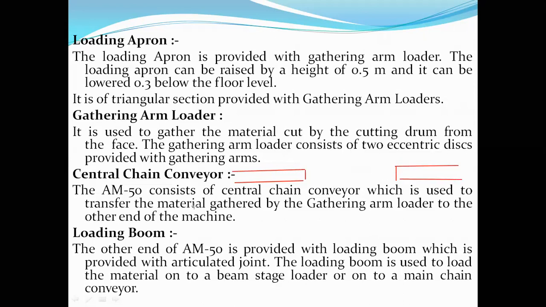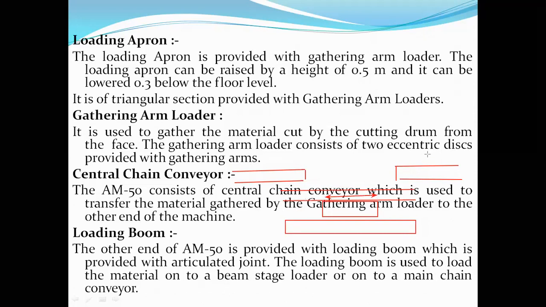Now, how to attach these two? Because this is the conveyor and this is the loading boom. There is another movable conveyor that is being used. That conveyor is called BSL, beam stage loader. This can be a movable one. It can be moved here, and it is placed on top of a movable kind of truck like this. And there will be some kind of vertical movable wheels, so on top of it, this will be moving. Yeah, it will be moving like this.